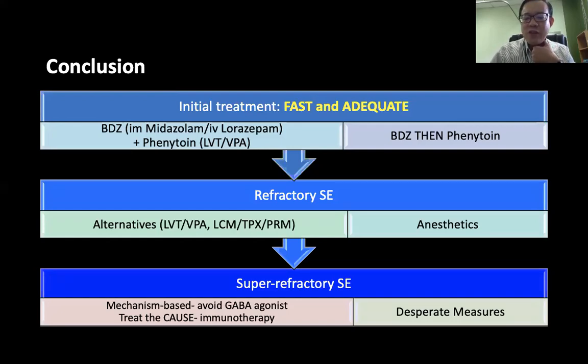So I usually encourage them, and what we are trying to do now is, while they are giving diazepam, they start preparing phenytoin so that the infusion can go in whenever it's ready. So at the end, we want to achieve the 30 minutes timeline for first and second line if we can. Otherwise, at least within 40 minutes, we want to give first and second line.